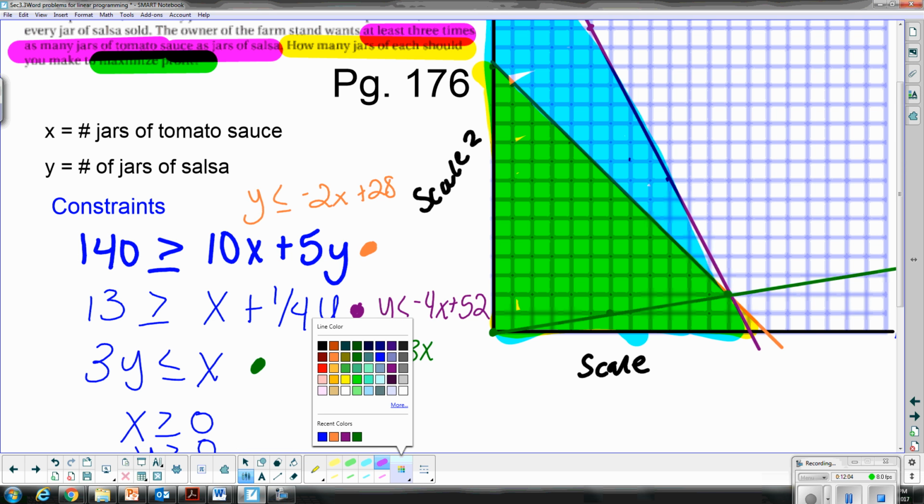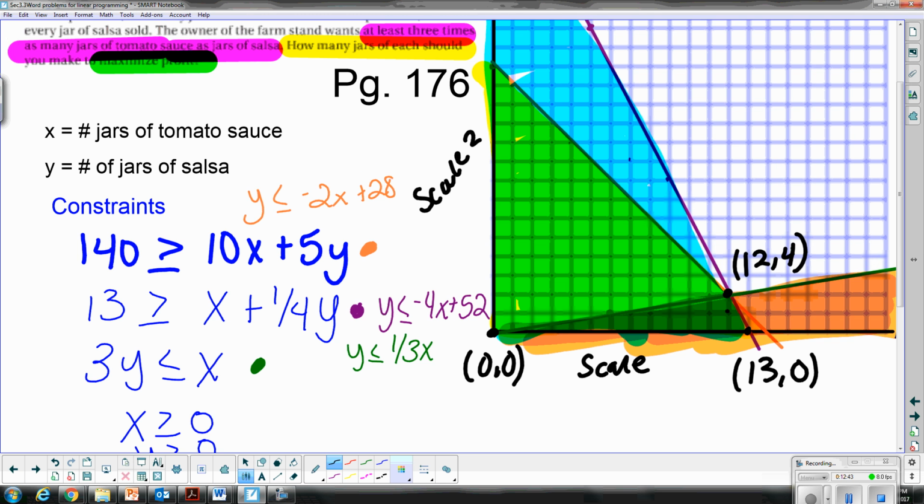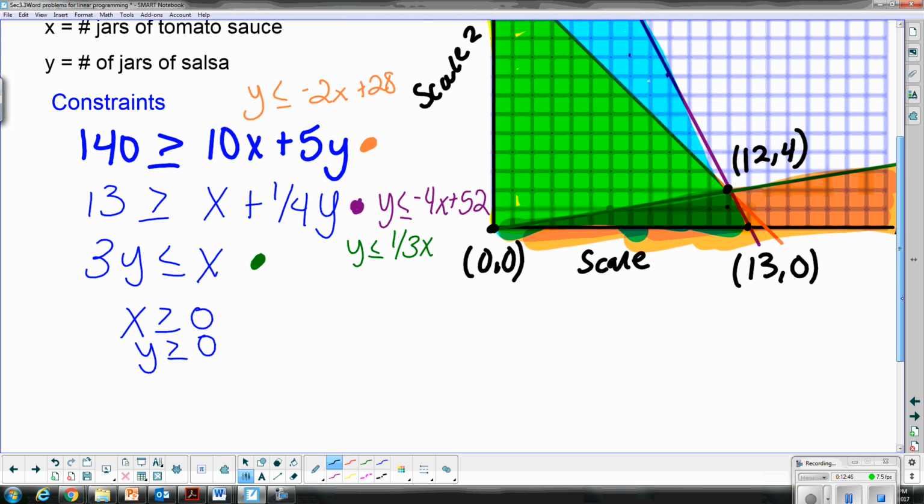So let's see what other color highlighter I can use. Use orange. So now that dark green is my solution. So I need to pick my vertices. So here's 0, 0. Here's 12, 4, because again, remember your scale, 2, 4. Okay, and then my last one is 13, 0. So I'm going to use these vertices, and I'm going to plug them into my objective function,